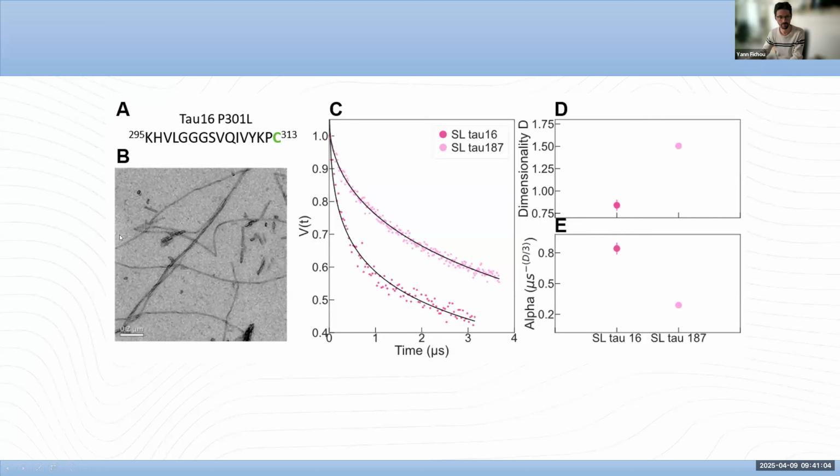And you can see in the tau they're nice, and some maybe shorter peptides have even been solved by crystallography as they're so well ordered. And so we did the same sketch here, and indeed we found that now we have a much lower dimensionality, closer to 1. They actually went even below 1, but closer to 1, let's say. So really, what I think is demonstrated here is that we can probe imperfect packing, and that those tau 187 triggered with heparin are indeed not really well packed. And the final proof of that